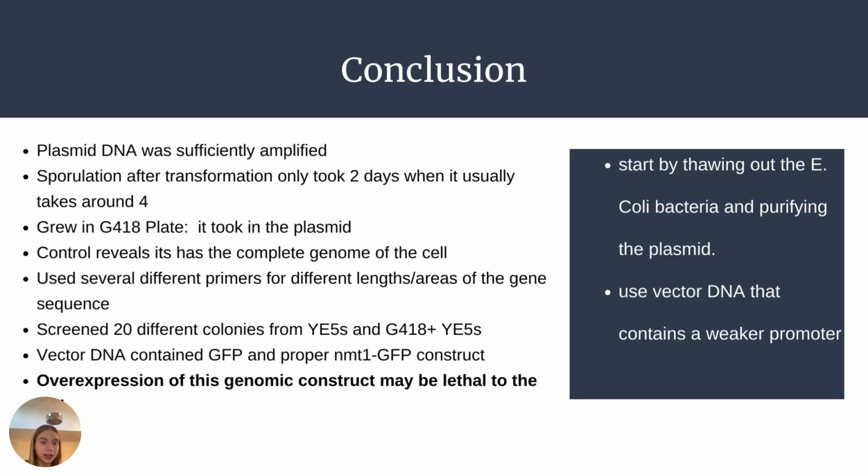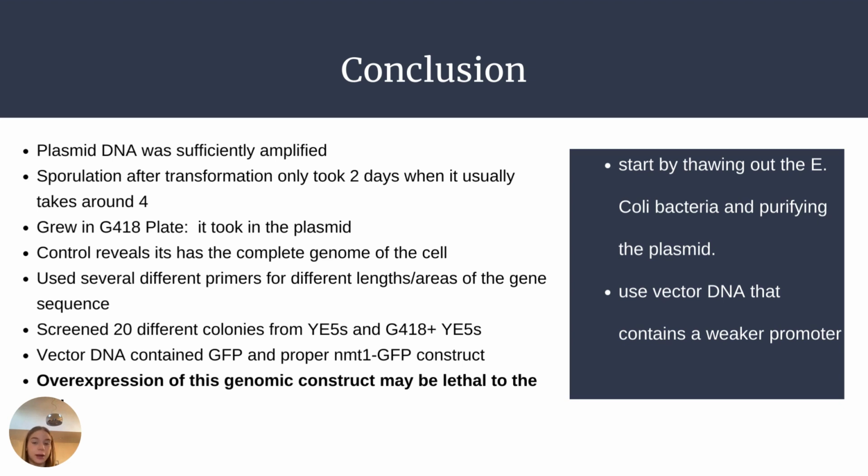In conclusion, since my plasmid DNA was sufficiently amplified, there was no error there. But I did note that the sporulation after transformation only took 2 days when it actually takes around 4 days, which is interesting to note because it could have been a false positive of growth. Since I ruled out that the primers were incorrect, that the vector DNA did not contain the GFP construct I was looking for, and that the genome of the cell was not intact,